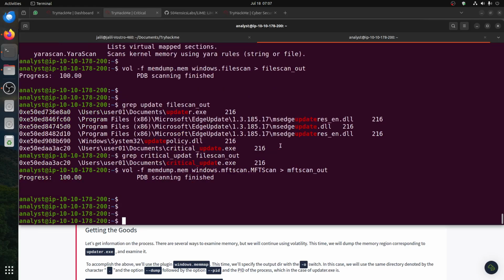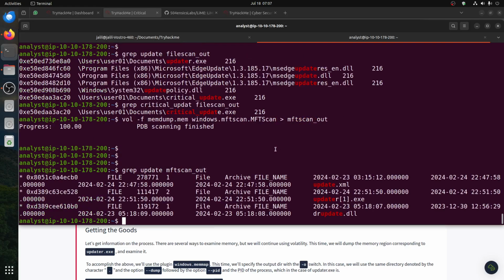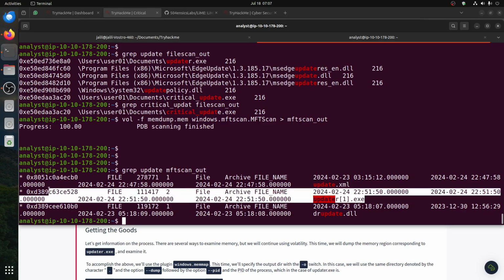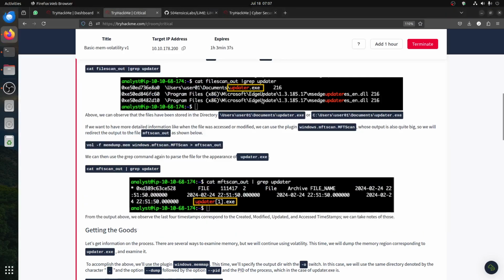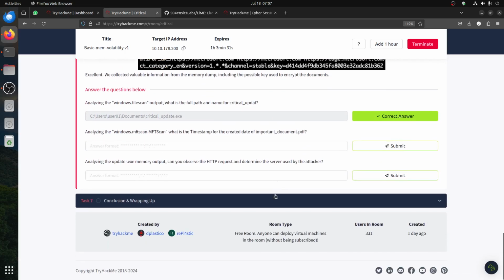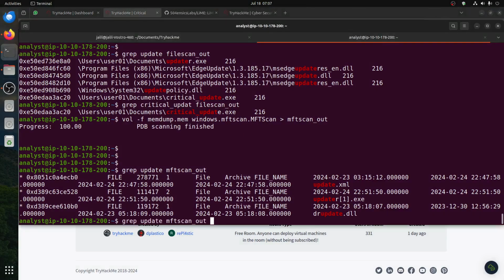Finish. Okay, now we've done, so we can do grep. If we go update from MFT scan, yeah, we have the MFT. This is our file that we talk about, same as the screenshot. But if you go, for example, our question talks about the PDF, this document. If we're looking for this, I can just say grep